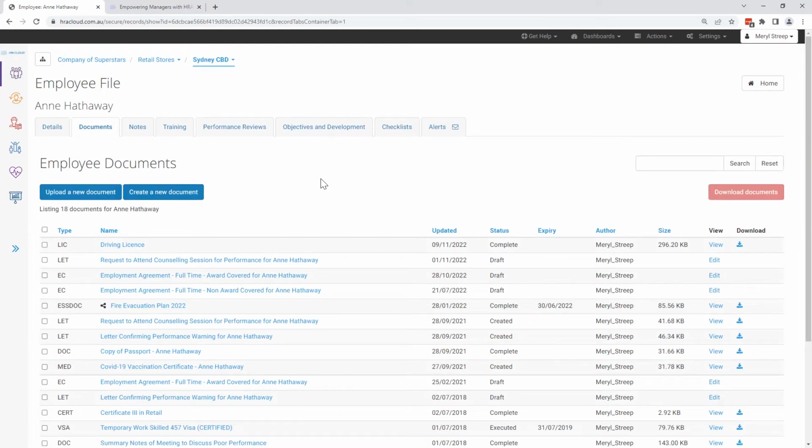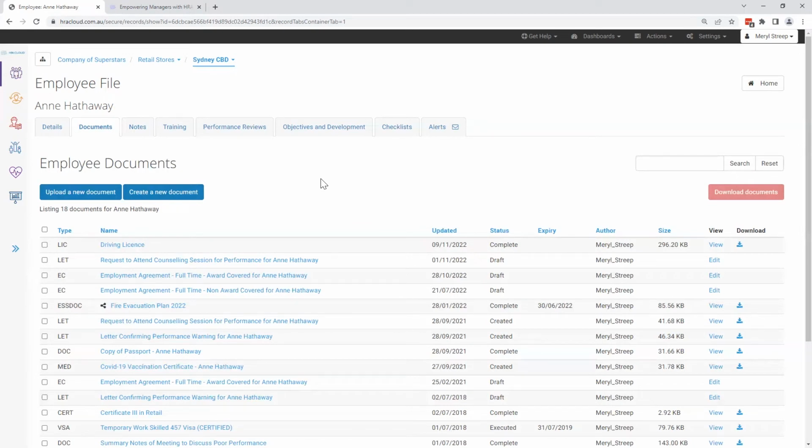Any documents uploaded through tasks or through the training and qualifications functionality will also automatically get saved to the Employees Documents tab. For documents that haven't been generated through HRA Cloud, you can also upload them to this tab so that they can be accessed by management or the employee themselves through ESS.